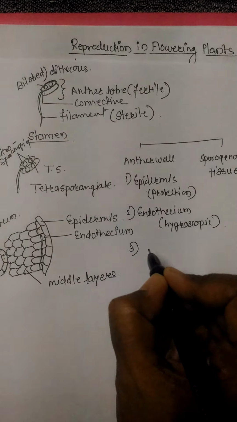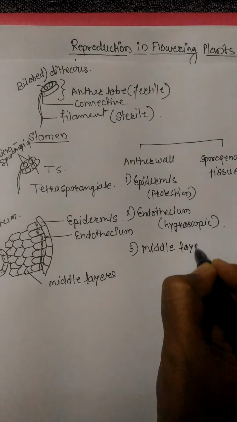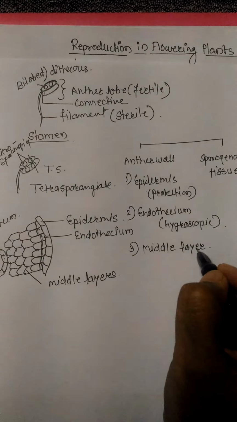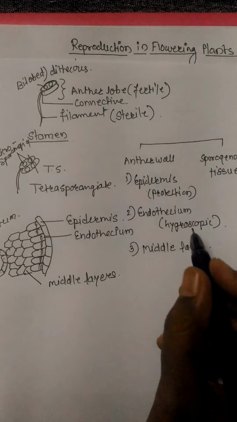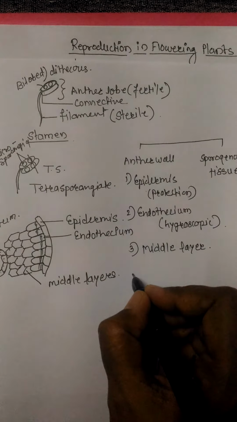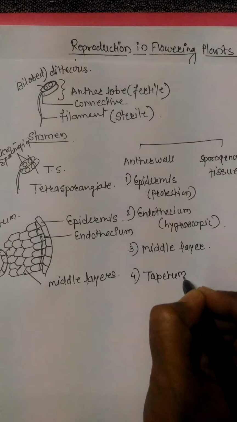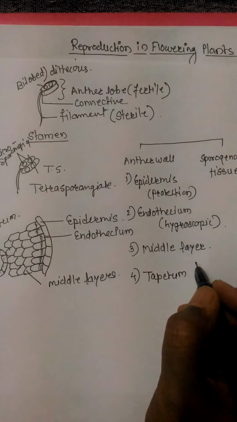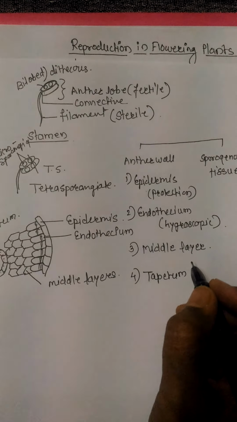Then third is middle layer, which is temporary layer and gets degenerated at the time of hygroscopic nature of that endothecium layer. Then below that layer, presence of the tapetum layer, and this tapetum layer provides nutrition to the developing pollen grain, and at the time of